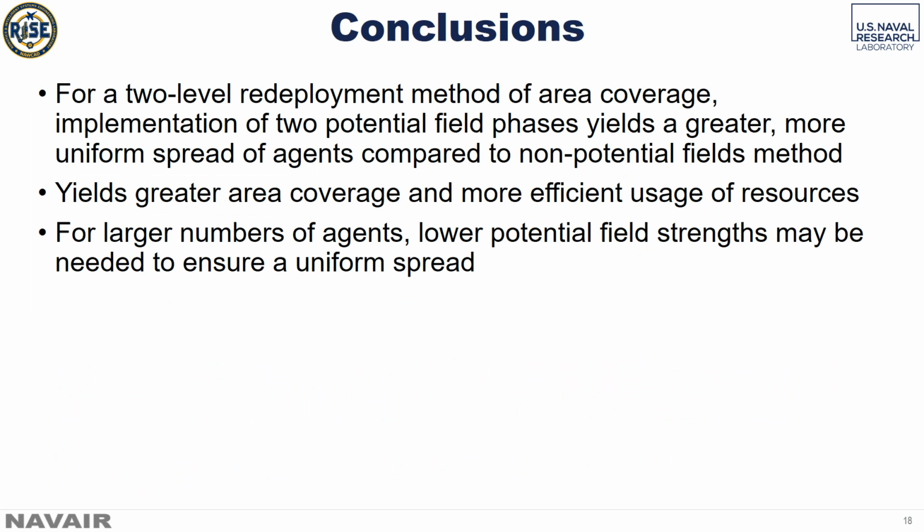Overall, from our work, we found that for a 2-level redeployment method of area coverage utilizing deployment entropy, the implementation of 2 potential field phases yields a greater, more uniform spread of agents. It yields greater area coverage and more efficient usage of agent resources. We also found that for larger numbers of agents, lower potential field strengths may be needed to ensure a more uniform